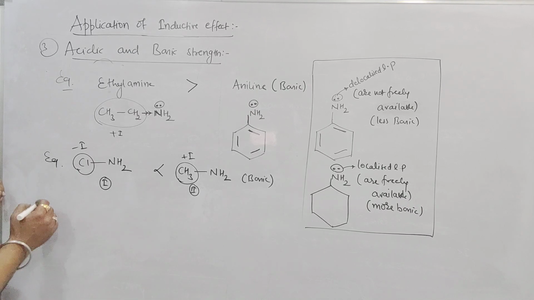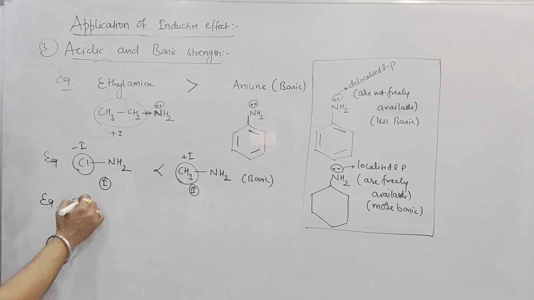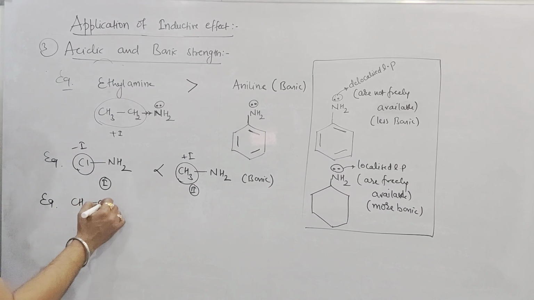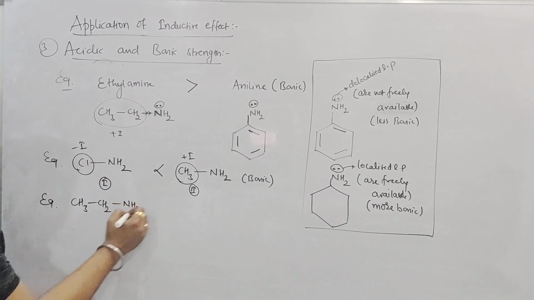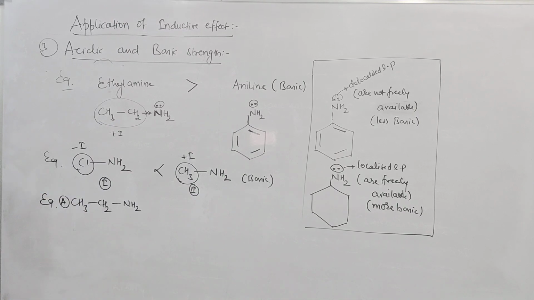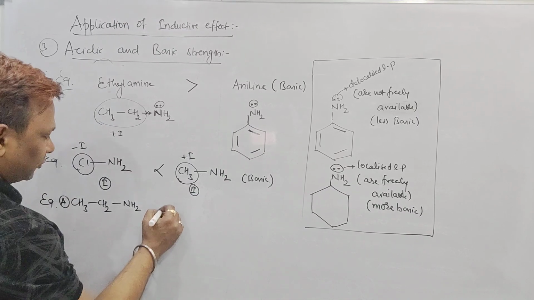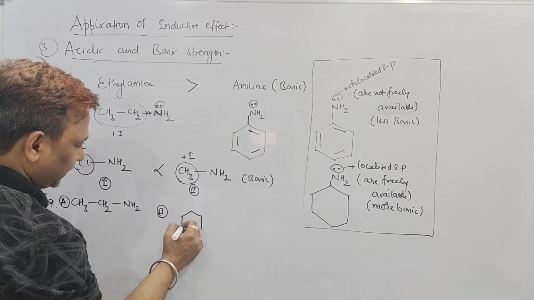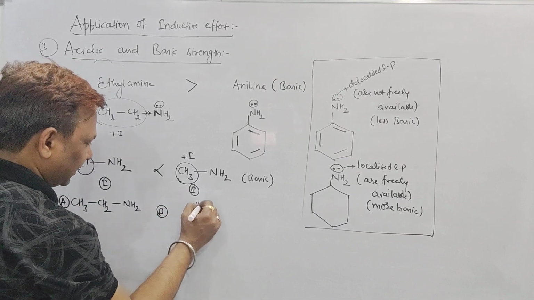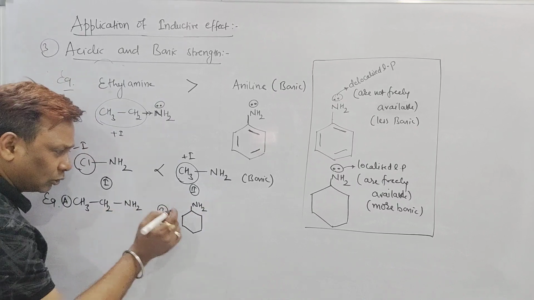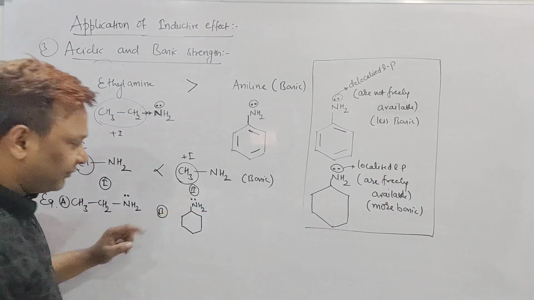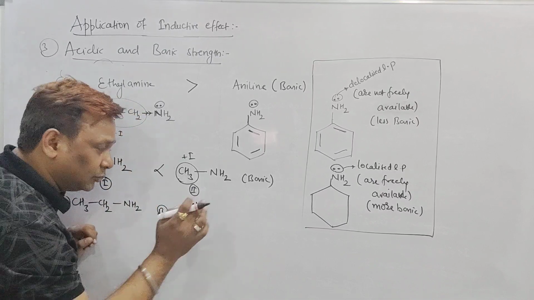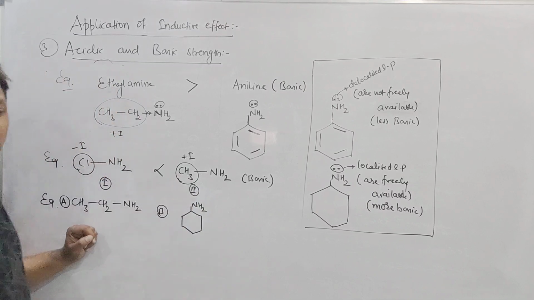Okay, I will give some more examples. Please try to get the answer of all these: which is more basic and which is less basic. CH3, then beta CH2, NH2. This is compound number 1, you can say compound A. Second compound, beta, B, I also want to show you. It is a cyclohexane bonded with the NH2. See, beta, I am not writing the lone pair, but you should remember it still has a lone pair. Every time we cannot draw it, but even if it is not given in the question, you should think that the nitrogen in NH2 has a lone pair.